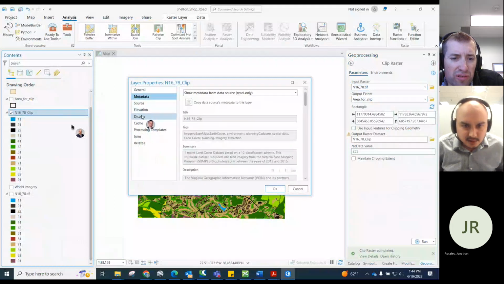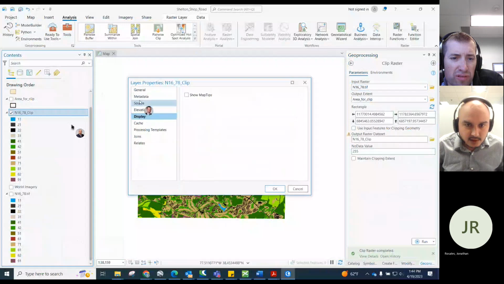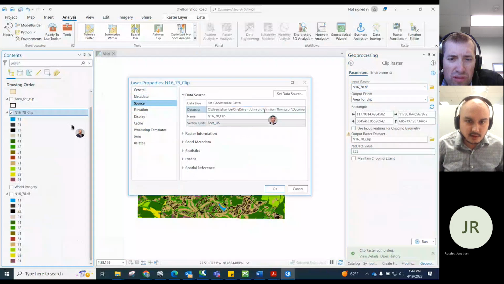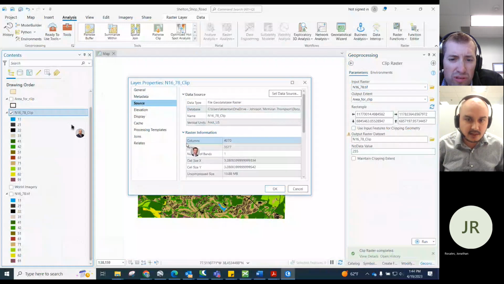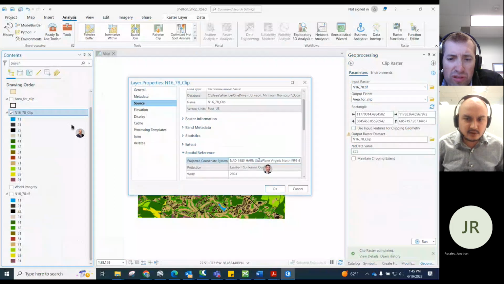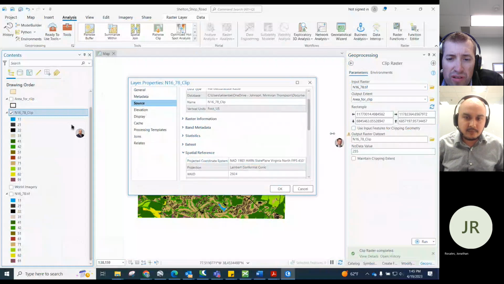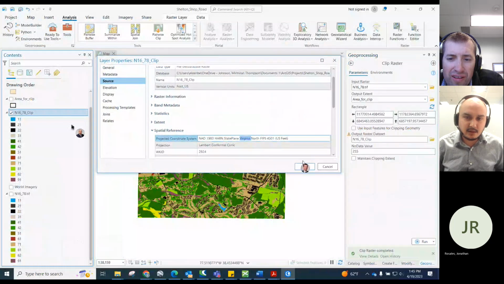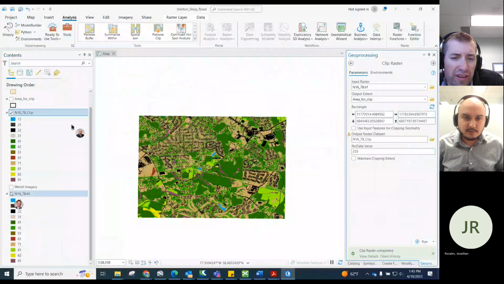Which coordinate system is this in? It will be in the source. Go to the spatial reference at the last. Okay, so it is in a Horn state plane. So you can convert that into the state plane. Horn is even better, but that's okay. Let's just convert that to the regular state plane coordinate system.